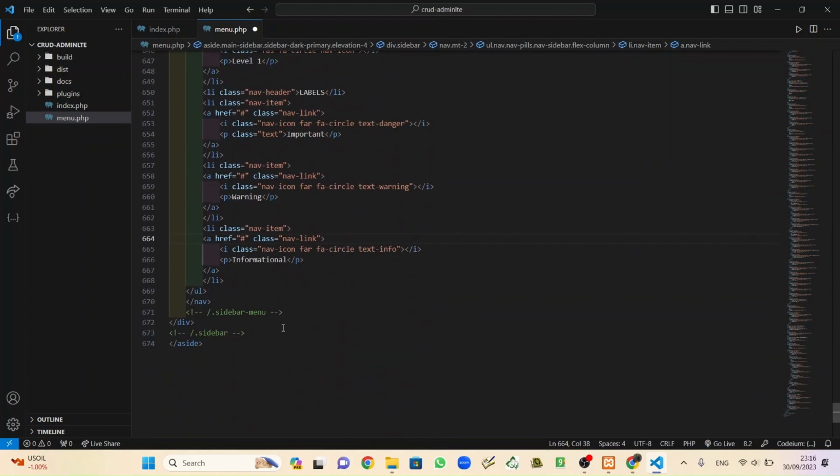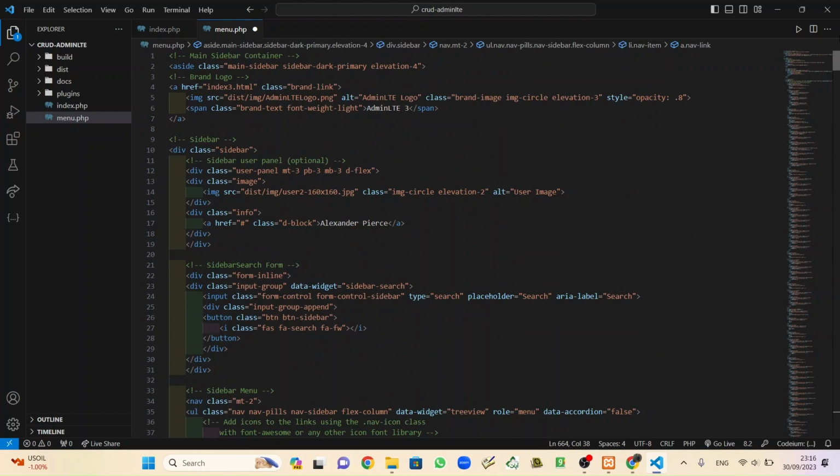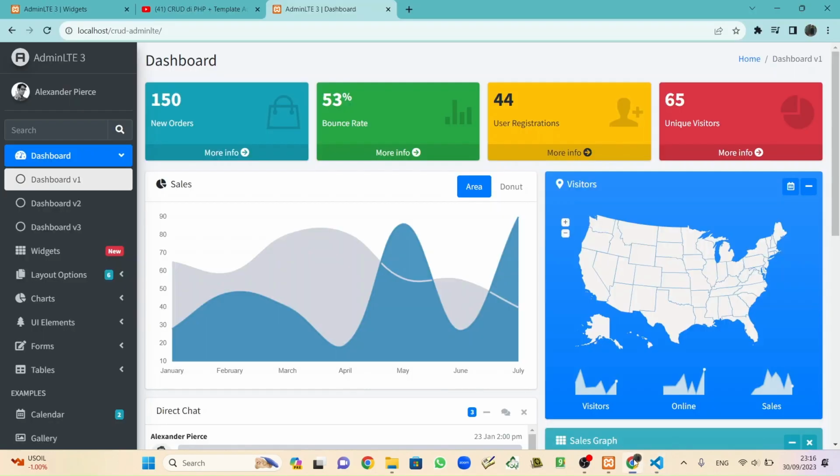You can remove all these things, but we need to be careful because some text we want to keep. So the first one is maybe we can leave this profile and also the admin LTE logo. I mean this. So just leave those two things here.